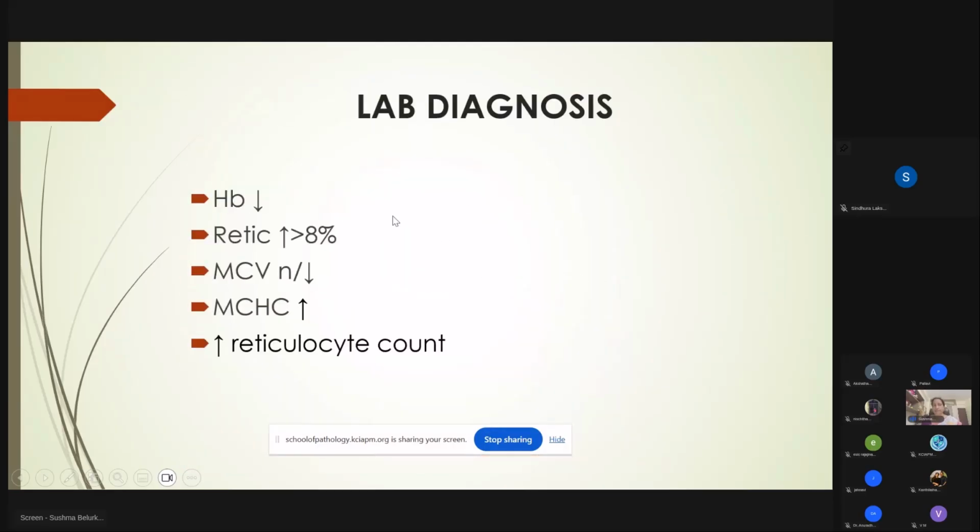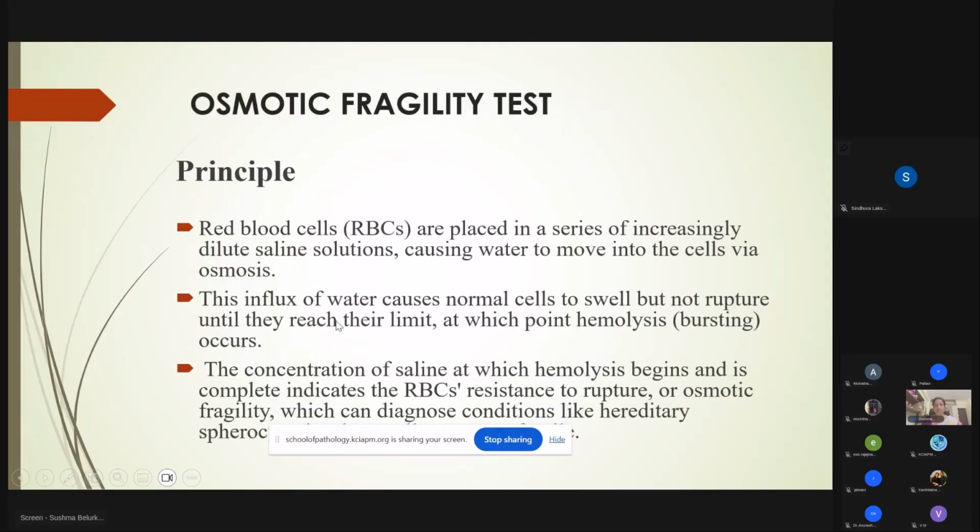Okay, so coming directly to lab diagnosis. These features are common for all hemolytic anemias: decrease in hemoglobin, increase in reticulocyte count. But an important feature of hereditary spherocytosis is increased MCHC. So what other test can you do in this patient is the osmotic fragility test, which is done in most of